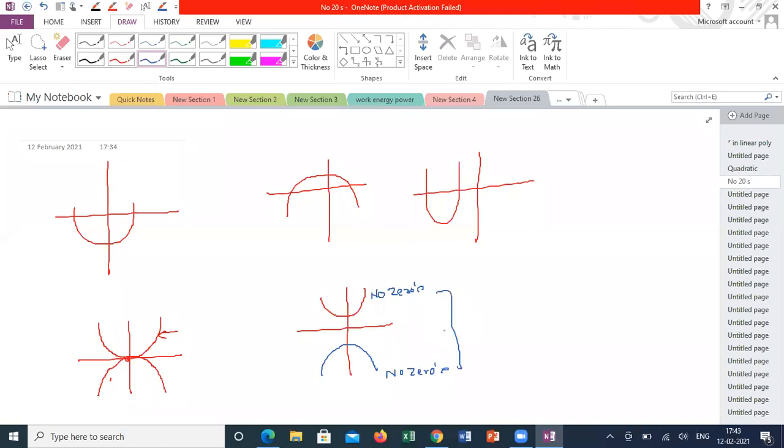That's the reason there are some numbers which are not available in the real sense. Those numbers are called complex numbers or imaginary numbers, which we are going to learn in +1. So in this case, we can say no real zeros. And what about this case? One zero, only 1 zero. That means both the zeros are equal in this case.